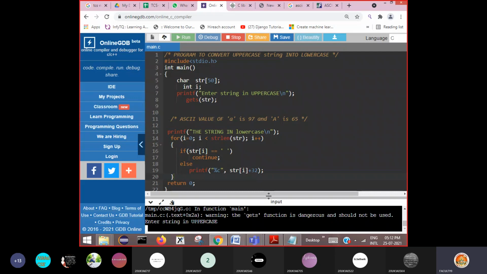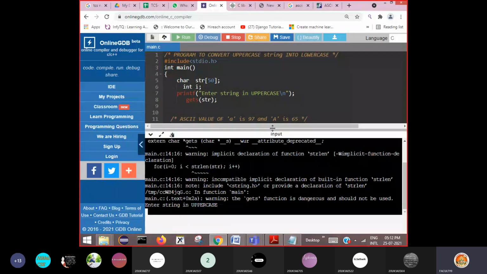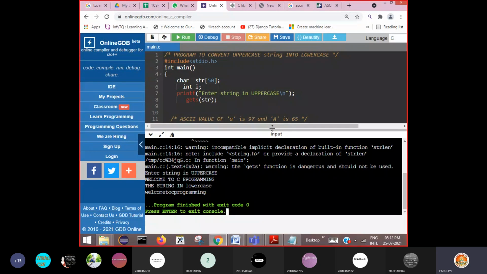Enter string in uppercase. Now we'll see WELCOME TO C PROGRAMMING. Now you can see welcome to C programming. But here again, what happened?